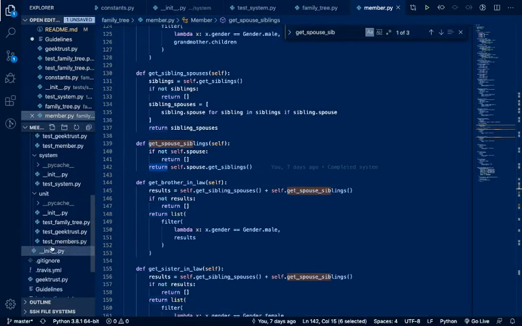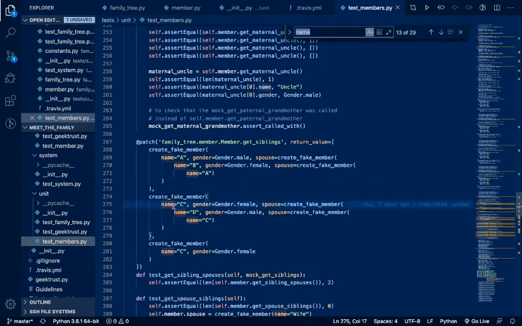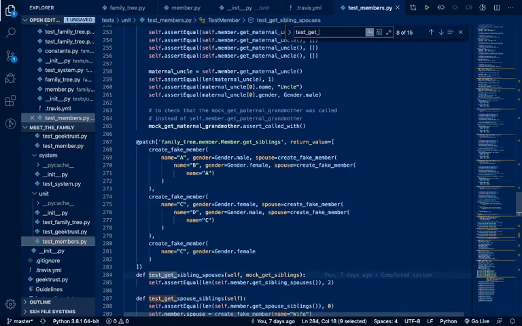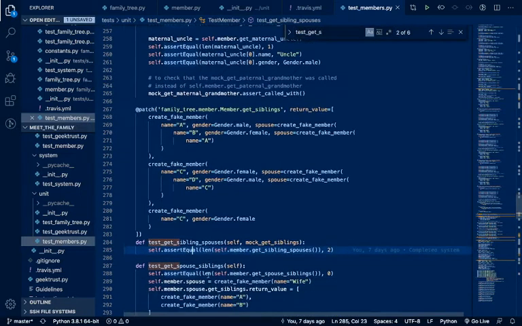So let us go to our unit tests. They are inside test members, and let us find test get sibling spouse, right? So here we are first going to get our siblings, and we are only going to filter those siblings that have spouses, and we are going to get their spouses.